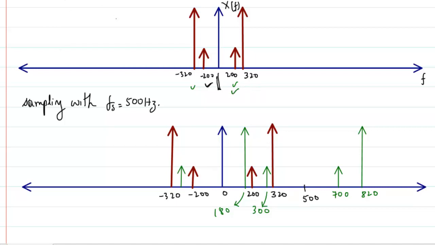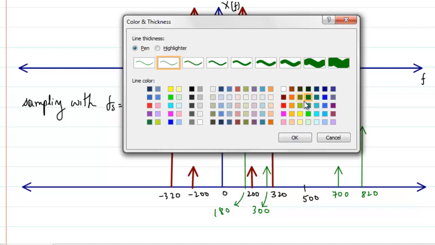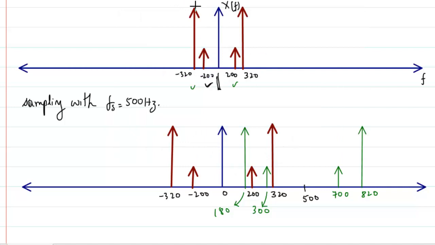If you want me, I can draw it with another color. So let me draw with another color. Okay, let me change the color. Okay, this is the color. So now I'm going to draw for this whole spectrum. I'm going to shift at minus 500. So if I have to first mark minus 500, I will first mark minus 500 somewhere around here. So this is going to be minus 500. And this is initially 0. This is going to be taken as minus 500.